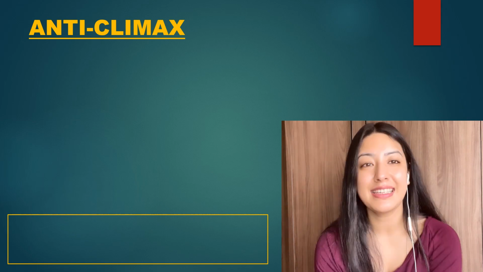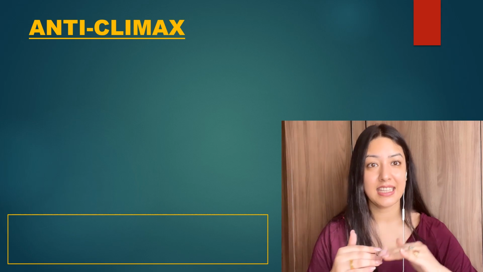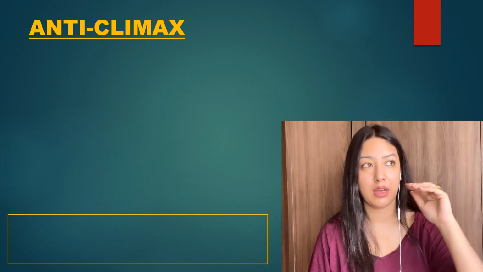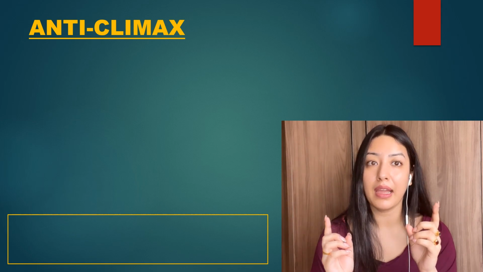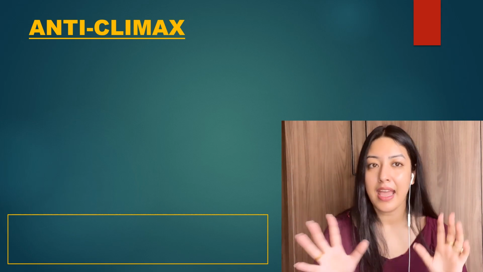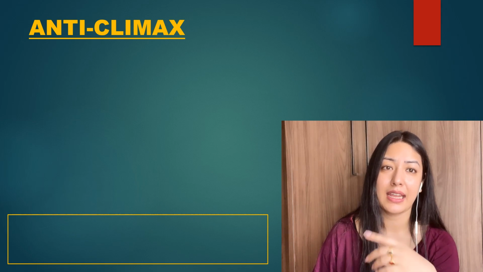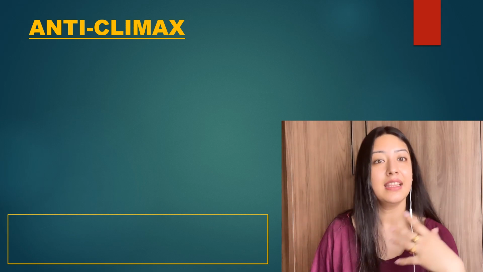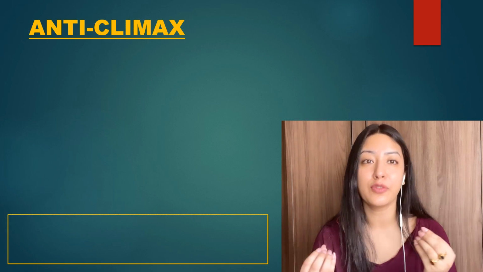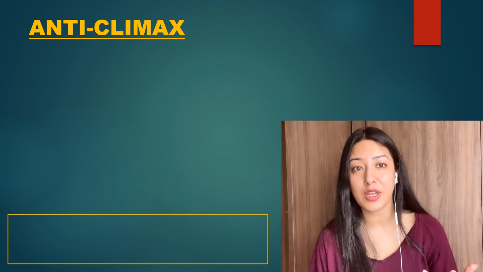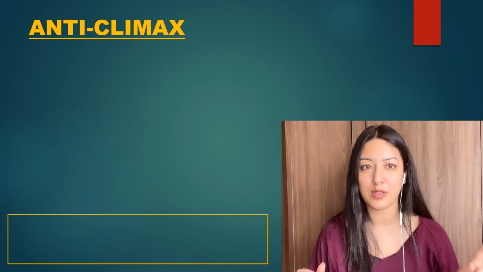So I'll explain anti-climax. What is anti-climax? Now, climax, like I said, is the highest point, or the turning point, in a play, after which the falling action takes place. Let me give an example, continuing from the example of the boy and girl who love each other. The falling action is about how they want to fight for their love, how they want to be with each other, how they end up being with each other. That's the rest of the story.